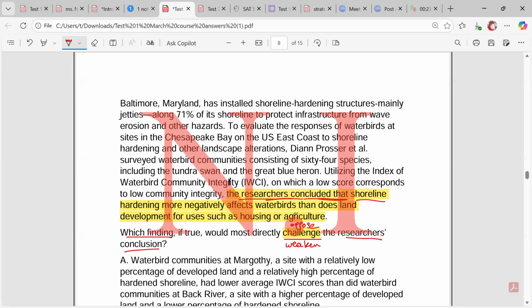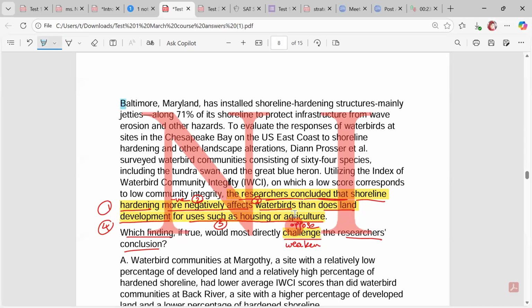Shoreline hardening more negatively affects water birds than does land development for uses such as housing or agriculture. Now, most of us will not be able to understand this conclusion